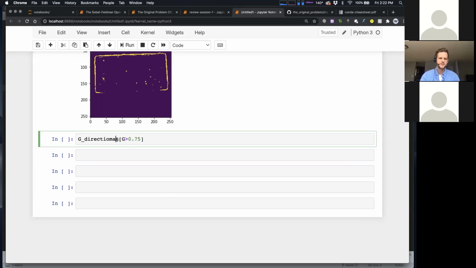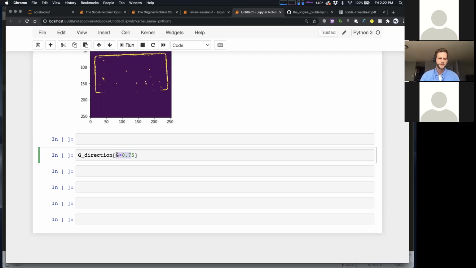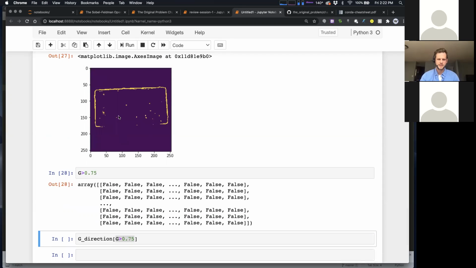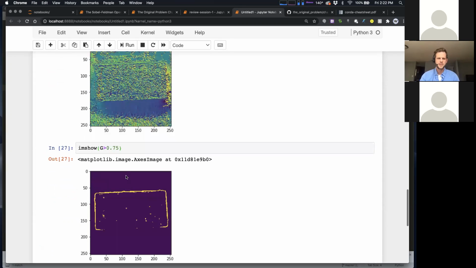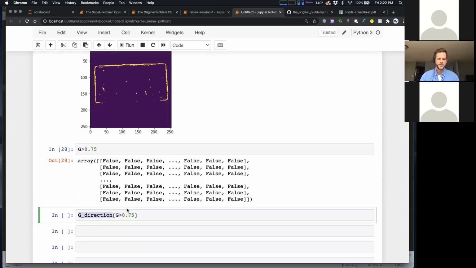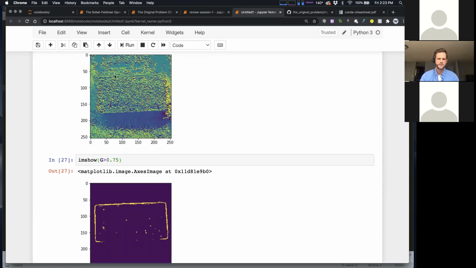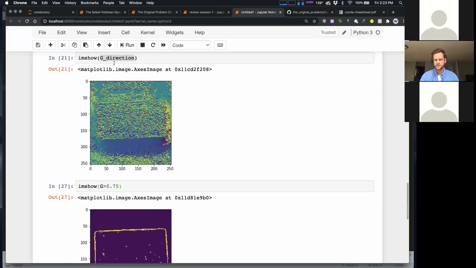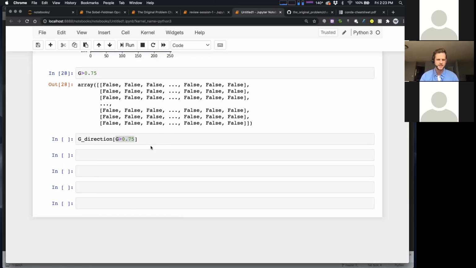Remember that G greater than 0.75 makes a Boolean image, all trues and falses. And remember, G direction is this really noisy thing. By taking G direction of this Boolean, I'm just pulling out the pixels in the G direction image that have a high edge value. So I'm sampling those edge pixels from the direction image, the image that has the direction of the gradient or of the edge, basically.